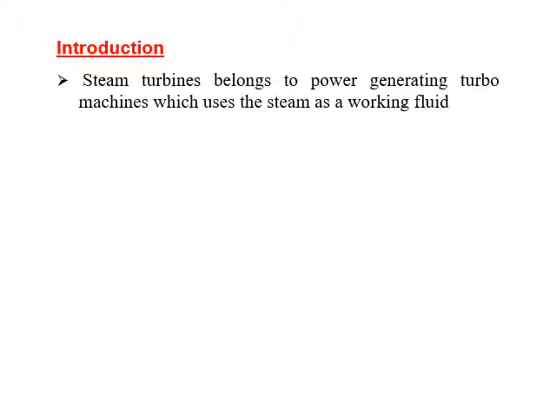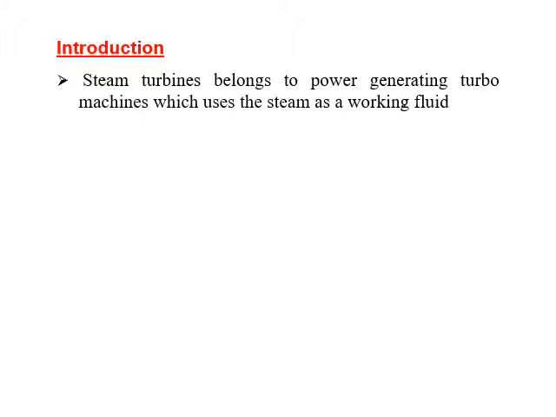Steam turbines are mainly used in coal-fired thermal power plants or nuclear power plants in order to produce the steam. So this high pressure steam is the working fluid in turbines. That means energy exchange occurs between this high pressure steam and rotating elements, and finally the mechanical energy is obtained at the end of the turbine shaft. This turbine shaft is coupled with the generator in order to produce electricity.